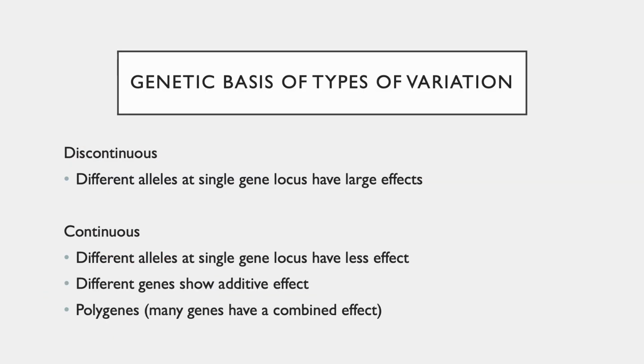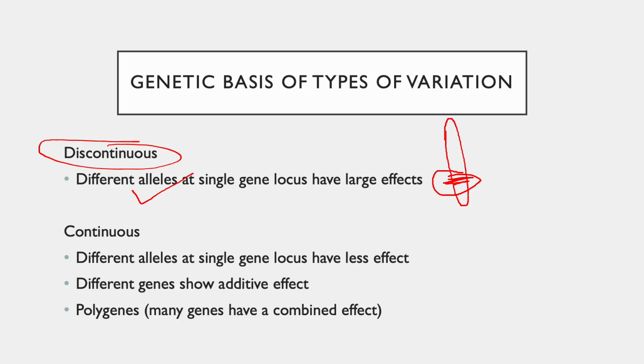Furthermore, if you delve deeper into each one of these variations, so discontinuous variation, if you come to the genetic level, this is something you have to remember and has to be there in your answers when you are trying to determine the genetic effect of these variations. So there are different alleles at single locus which will have large effects. So here we are talking about one particular gene, okay, at a particular area. So the single locus is a particular area we are referring to, and many alleles in these genes will have